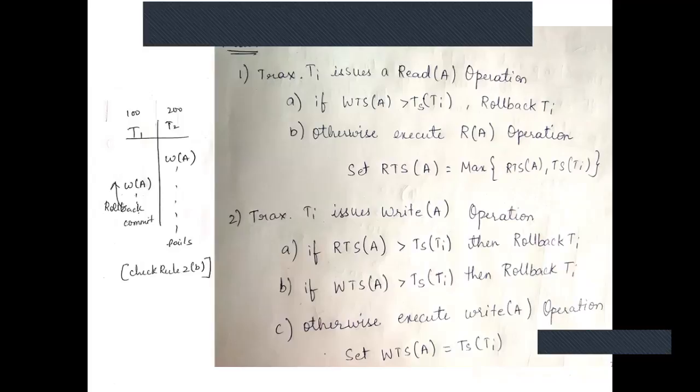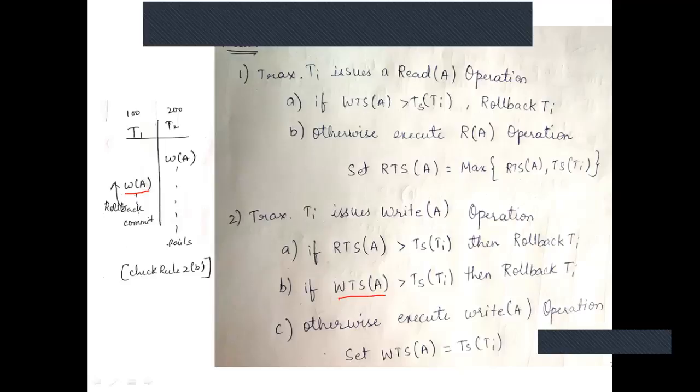Next, there is one more example. We have seen read-write and write-read. Now we'll see write-write. Here, the same example, only thing is T2 is writing to a value, and after some time T1 is writing to the same value. That is nothing but a dirty write. Whenever T1 is writing, we check the issues related to write operation. The conflicts with write are read and write both.